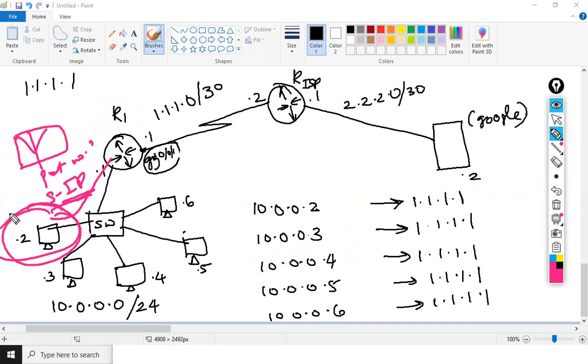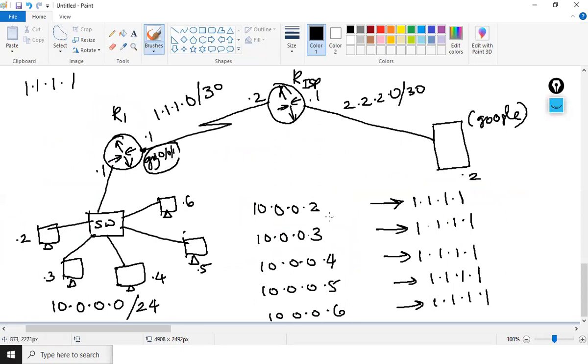The source port number will be a random one. Suppose when 10.0.0.2 is sending the packet, his port number is, say, 10,000. So the source IP will get translated to 1.1.1.1, but with a port number of 10,000. Now if 10.0.0.3 is trying to communicate and his IP is translated to 1.1.1.1, but consider that